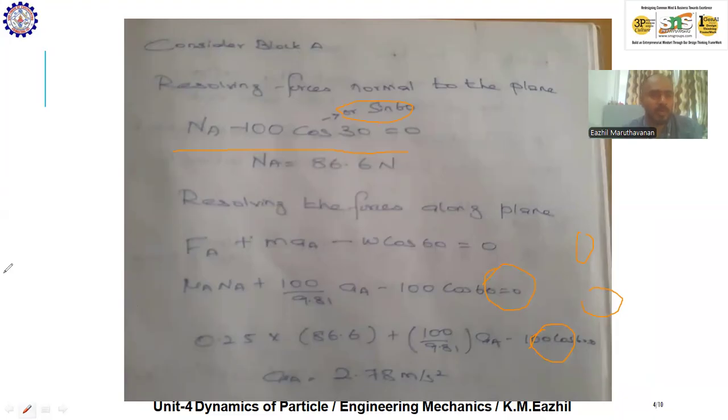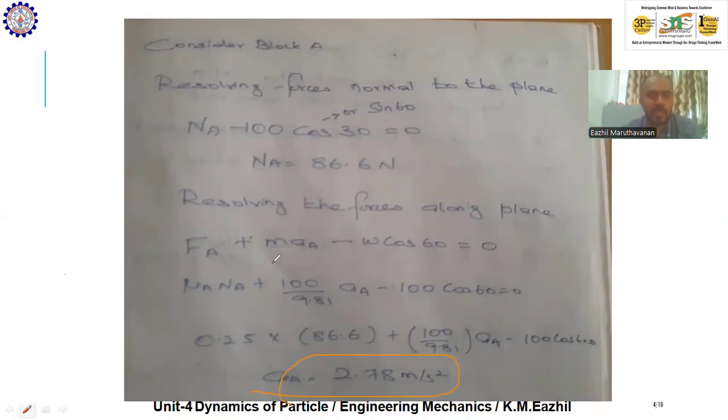Then resolving the force parallel to the plane, that is along the plane. For this, F_A is in the positive x direction. M a, that is mass into acceleration, is also in the positive direction. W cos θ is on the negative side of the x-axis, so it is minus. By substituting all the values, we'll get the acceleration a_A value as 2.78 meter per